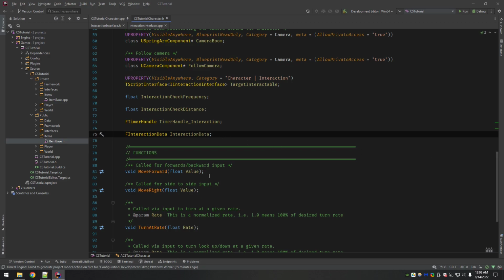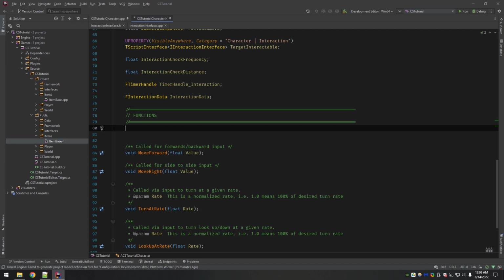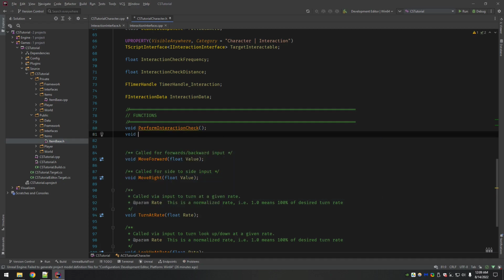Now we need our functions for our interaction. So I'm going to move this default stuff down. We need something that's going to be called every tick to shoot the line trace. And so I called this one PerformInteractionCheck.